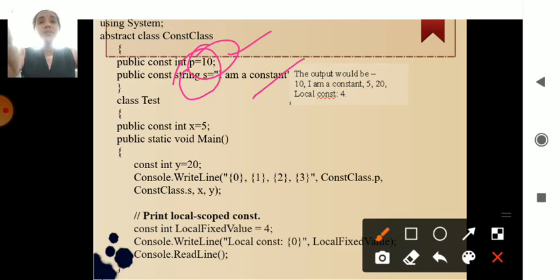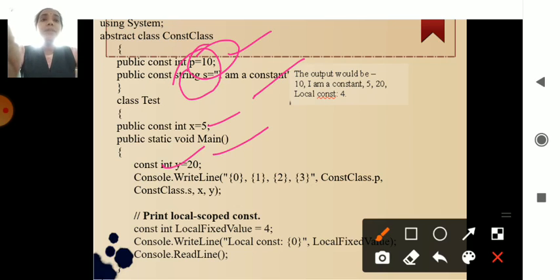This is the outside part. Another class you can consider is the inner class, class Test. Inside that you are using a variable called const x is equal to 5. This is within the class. Then in public static void main, inside that, another variable const int y is equal to 20.